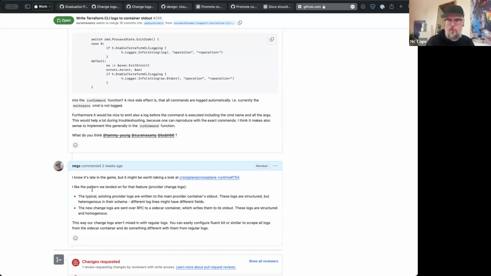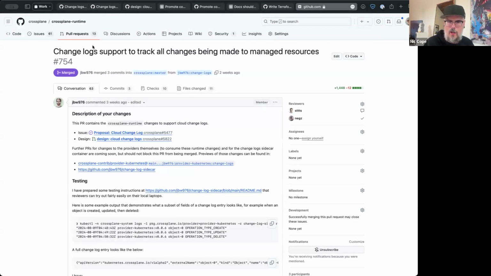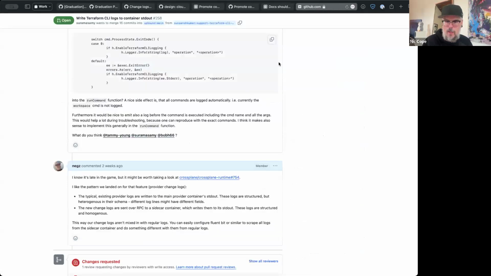This was a pointer to the work that I mentioned Jared did earlier, where we're now adding changelog support to all resources. Mostly what I was suggesting there was that it might be worth having a look at the architecture that he came up with for those changelogs, because it seems like it's solving a somewhat similar problem to the Terraform CLI logs. I did look at this proposal months and months ago when it first began, and my understanding was we have this desire to show the actual Terraform CLI logs in provider Terraform,